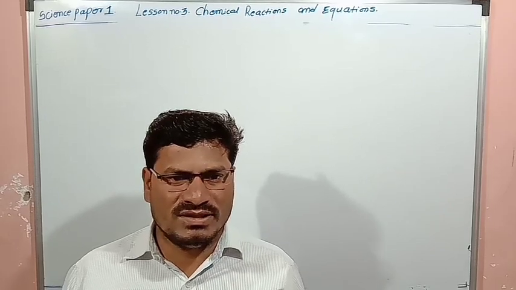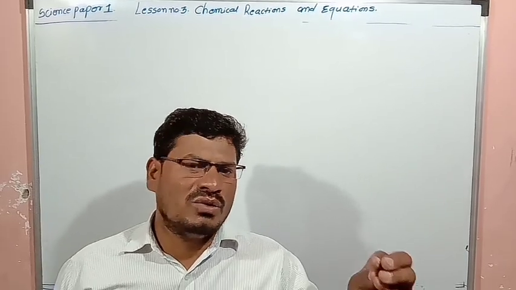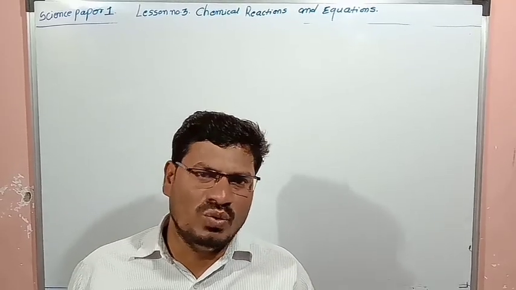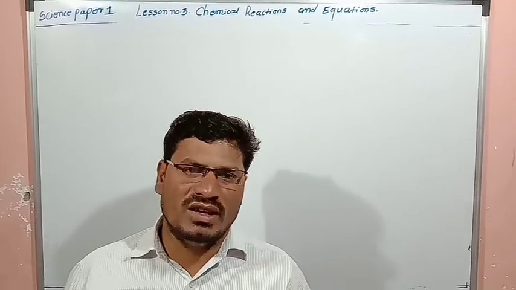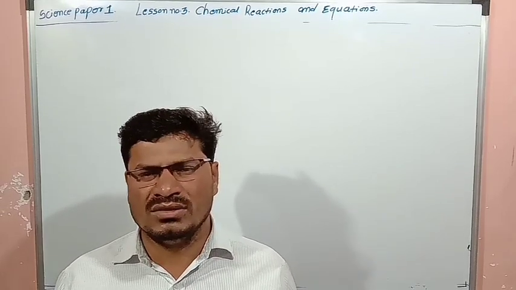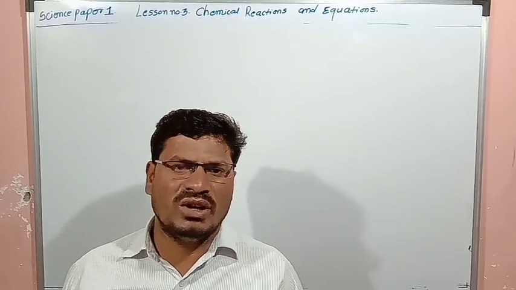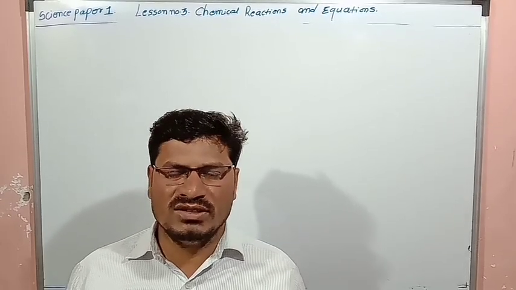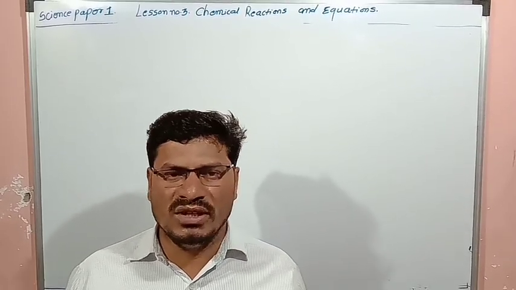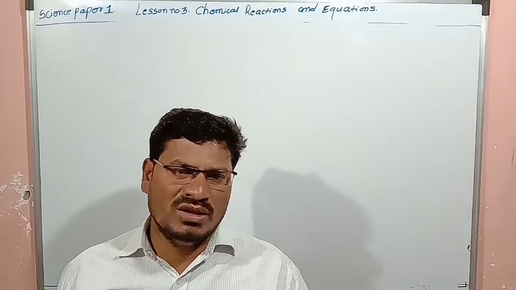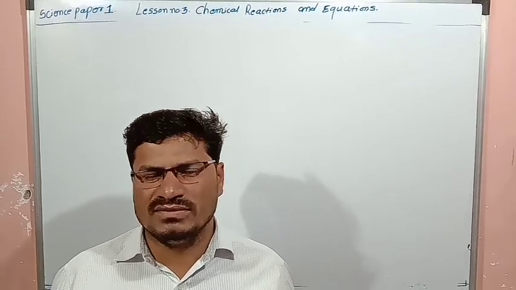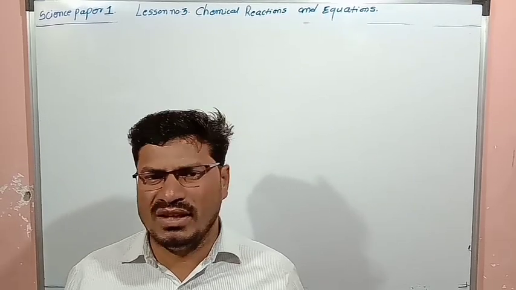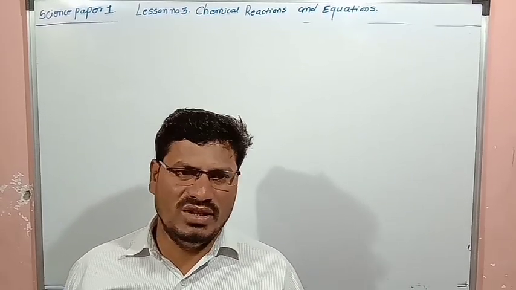And after this, we have studied what is meant by chemical equation. Word equation, again a chemical equation, then sign conventions to write the chemical equation, how to write the chemical equation. After this, next point we have studied is balancing the chemical reactions, how to balance the chemical equation, steps to balance the chemical reaction. These points we have studied.